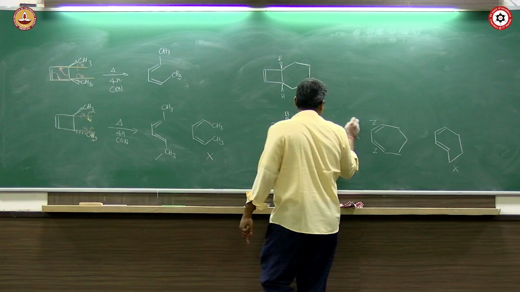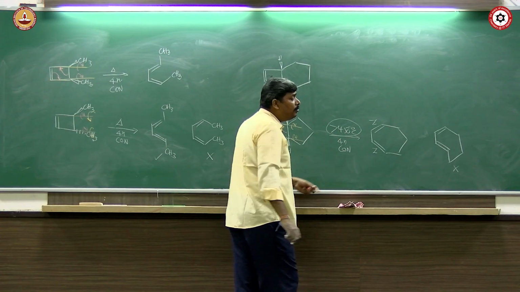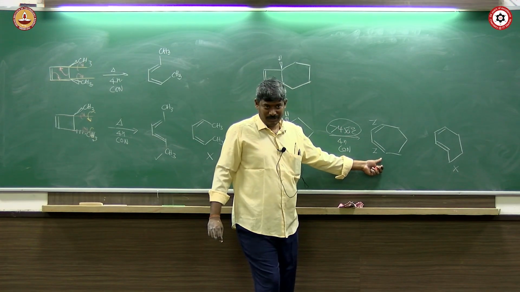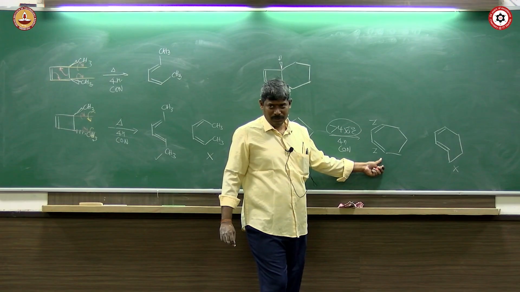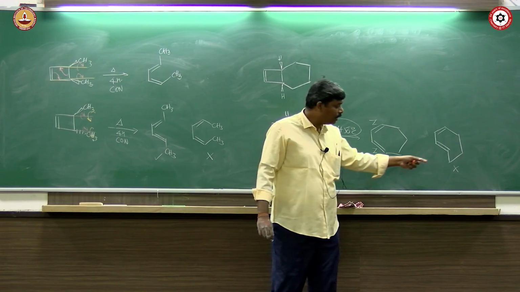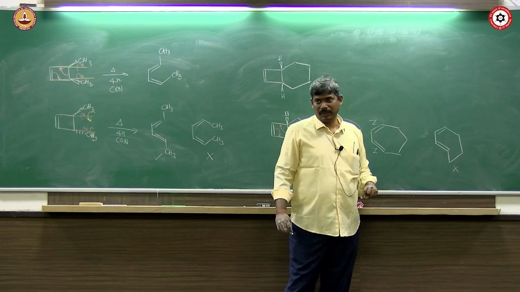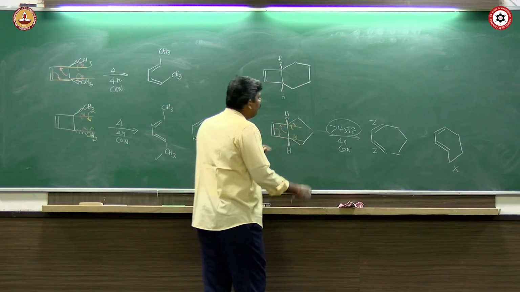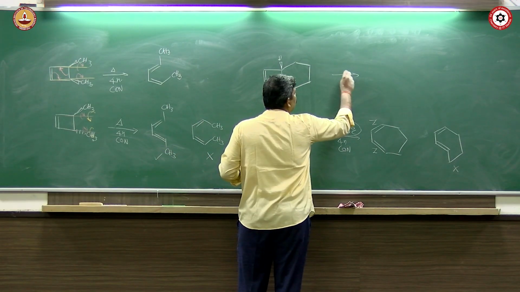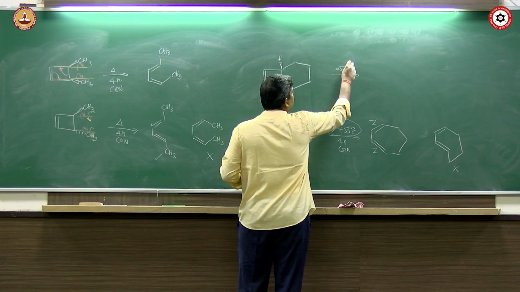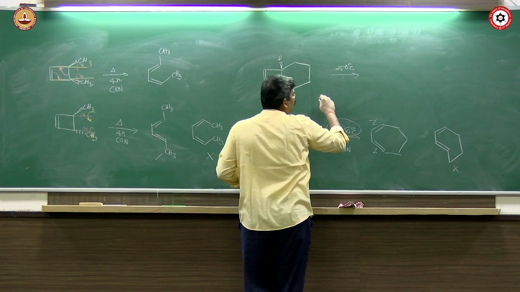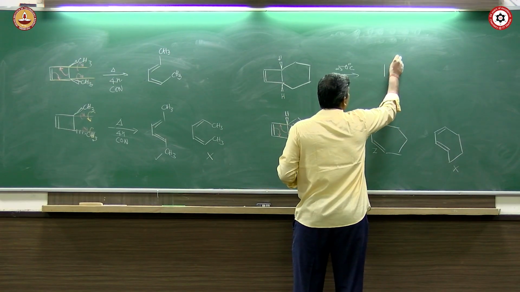That's why it requires very high temperature. It may not go through a concerted process. Because if it were a concerted process, I should have gotten this as a product. But when I add one extra carbon, this occurs even at 250 degrees Celsius. But the product is